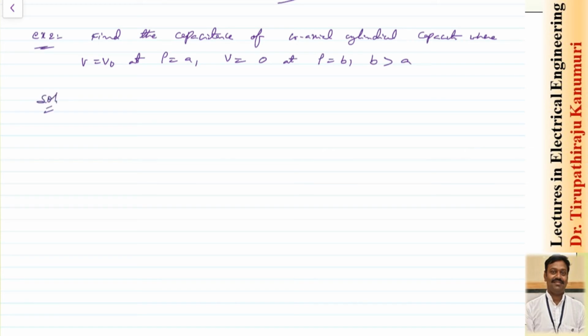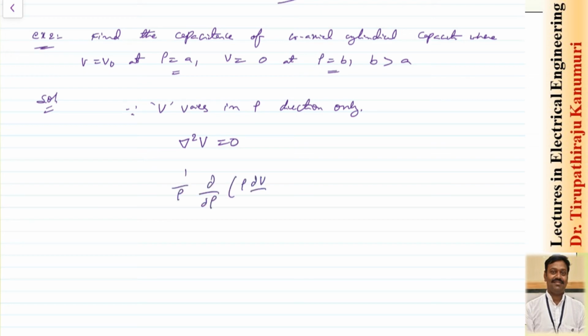So how to find this? Again boundary conditions are given. So here you can see that they are mentioning that V is varying along the rho only. So since V varies in rho direction only, we can tell that del square of V is equal to 0, or we can tell that 1 by rho into dou by dou rho of rho into dou V by dou rho, this will be equal to 0,